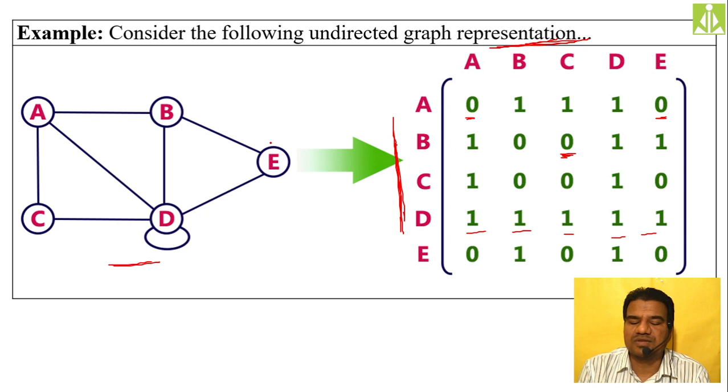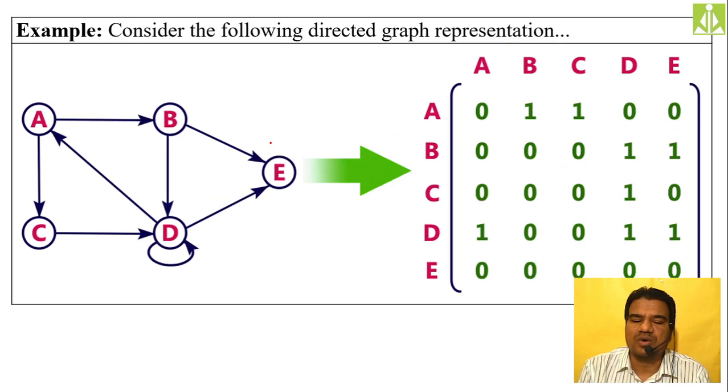It is very easy. First of all, just list the vertices and frame a matrix by using all those vertices, both in rows as well as in columns. And whenever there is an edge from a particular vertex to another vertex, simply put 1. And whenever there is no edge between a vertex and some other vertex, simply put 0 over there. If there is an edge, we put 1, and if there is no edge, we put 0.